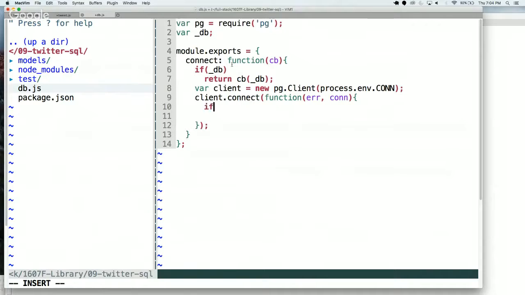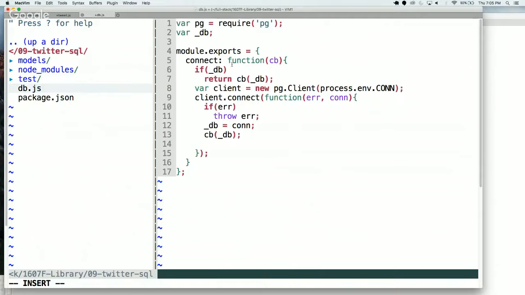And what I'm going to do here is just catch my errors. I'll say, hey, look, if there is an error, throw the error. What that does is it also gets out of there; it ends up throwing an exception. I don't expect this to happen, right? But if it does, I want to see what that exception looks like. Might that happen? Sure. If my Postgres server is not running, or if I give a bad connection string, that could happen. Otherwise, what I have now is my DB equals my connection,